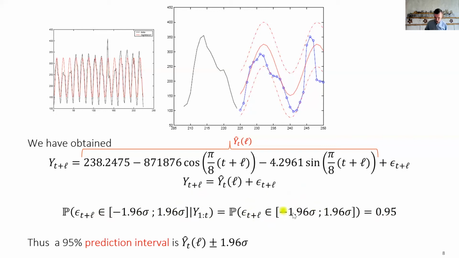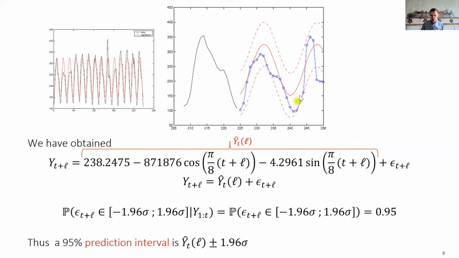So with 95% probability, epsilon t plus L will be in this interval, regardless of the values that we have observed for y. Therefore, for yt plus L, we shift all this by this quantity with probability 95%. Given that we have observed all the past, the future will be in this interval, which gives me this band